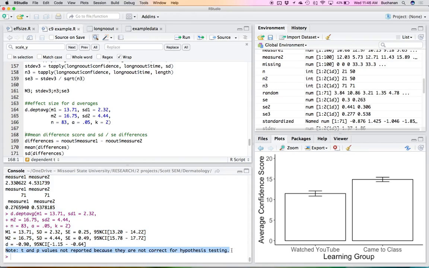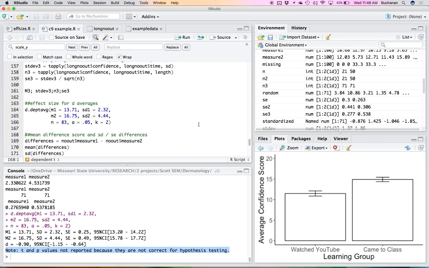Those are used to calculate the non-central confidence interval for D in this particular script, but they're not shown to you, so you're not tempted to report them because they would not be correct. They would not be dependent T, it would be independent T. Let's instead say, I want to do traditional dependent T